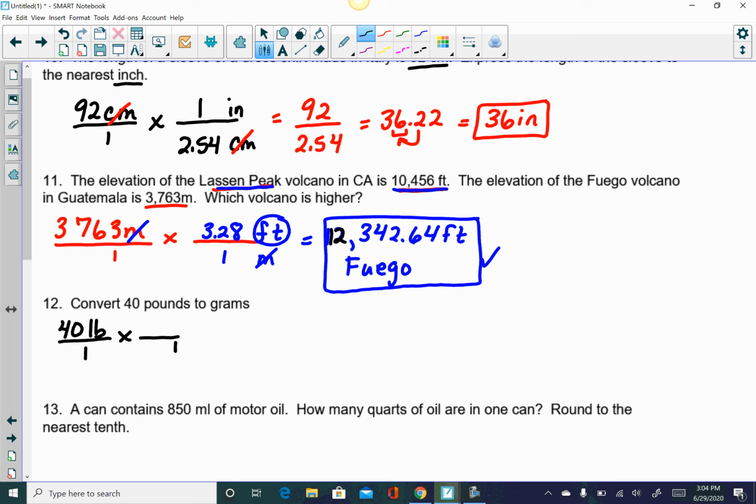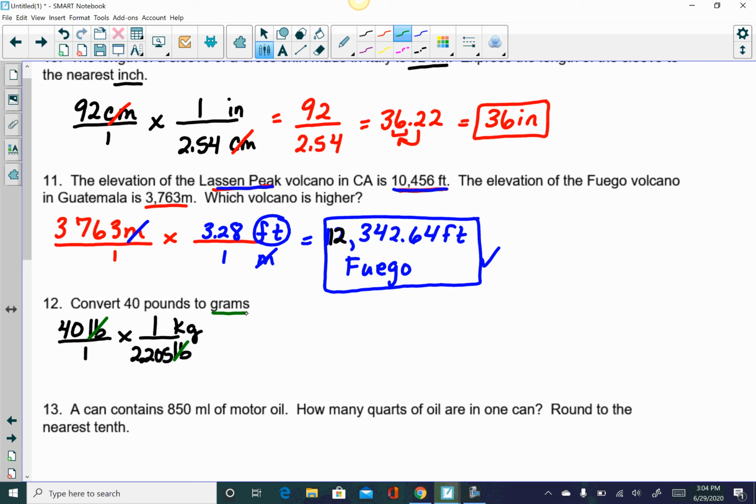So to get rid of those pounds, the pounds on the bottom, and go to kilograms, we know that there are 2.205 pounds in 1 kilogram. Now at that point, pounds cancel out, and I'm left with kilograms. I'm actually going to get out of my chain and get my answer here because, and I know it's not the final unit, which is grams, but